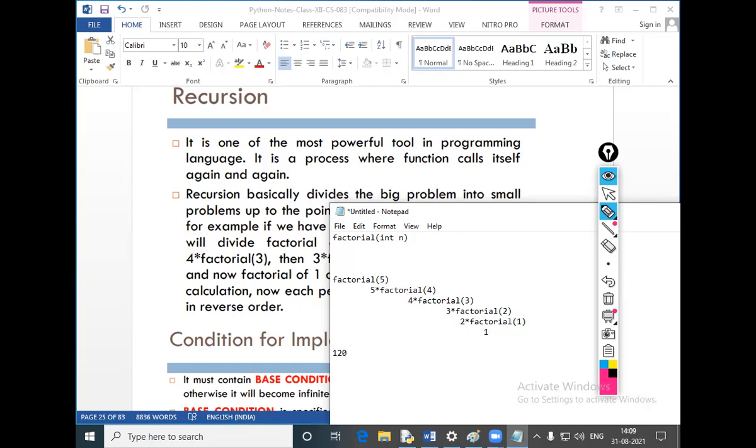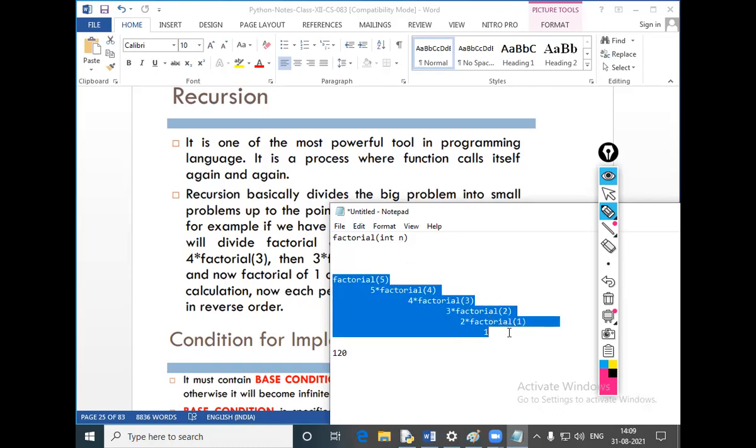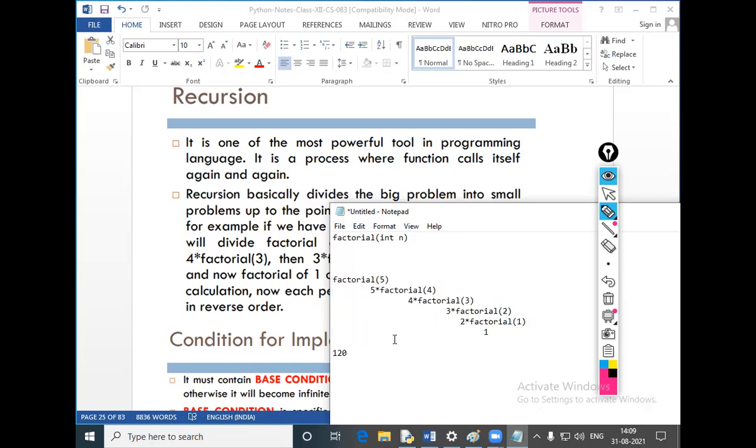That is a simple procedure for understanding recursion. It's a function calling itself. This function is calling again and again, so a bigger task is performed as smaller tasks. One more thing is important in this case: in this process we have not used any loop.